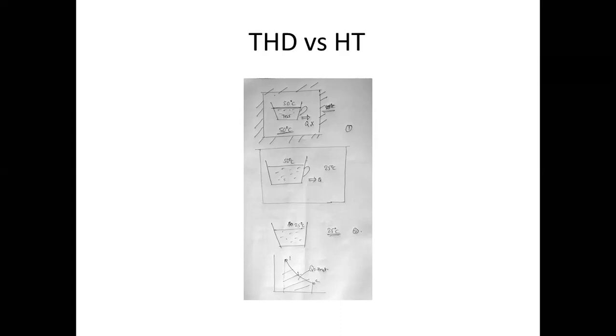But see here, we were not bothered about the time. Whatever time is required for the system to go from 50 degrees centigrade to 25 degrees centigrade, it can be 1 hour, 2 hours, 100 hours, or it can be infinite time. If the process is reversible, the time may be infinite. But in a practical case, we don't require this. If you are waiting for infinite time, then we will not proceed further in life.